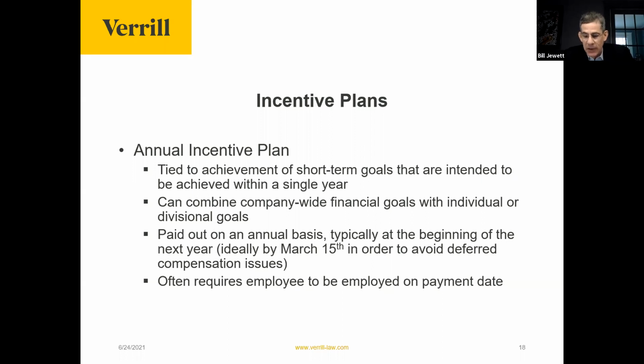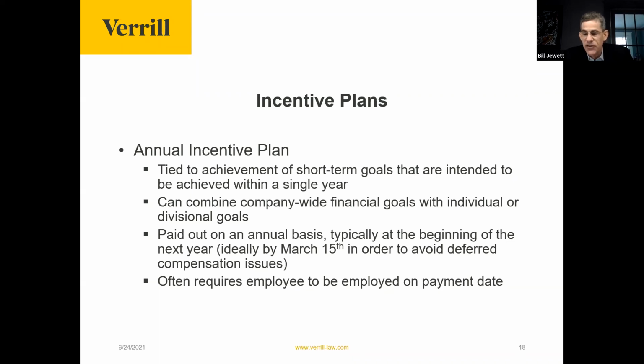Here's an example of an annual incentive plan. The plan will inform the executive, you will get a bonus equal to X% of your salary if we hit all of the following targets for the year. And you'll get a bonus of 2 times X if we hit these maximum targets for the year, these stretch goals for the year. But if we don't meet minimum thresholds, you will get nothing. That's the program, and in between, there will be a range of possible bonuses that you'll get.